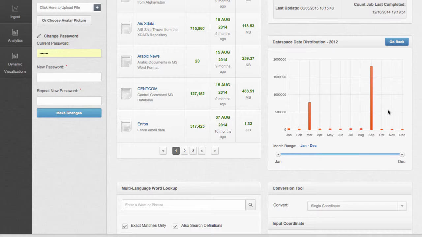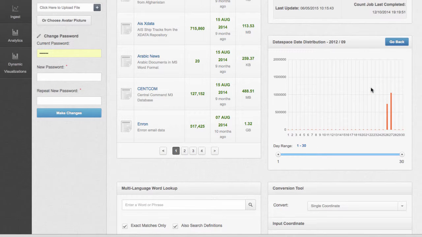And I'll click on that, and you can see the distribution now for 2012 of the months from January to December. It looks like a large number were adjusted in September. I hover over that, and I can see 1.8 million artifacts just in the month of September. I can click on that further and get the days of the month, and data was ingested over 2 days